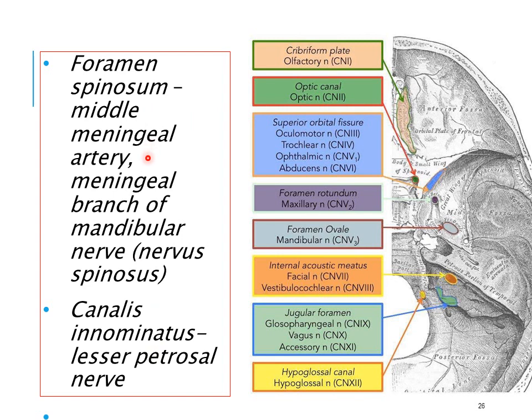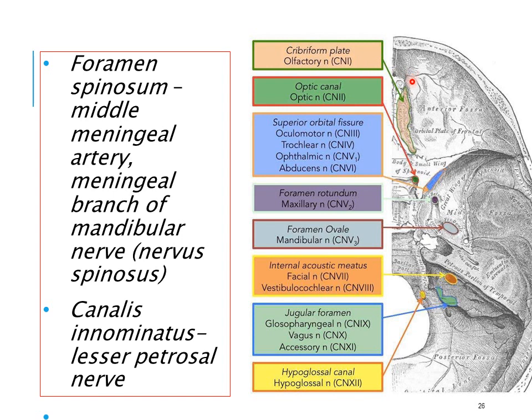Two structures: middle meningeal artery and meningeal branch of mandibular nerve, also known as the nervus spinosus, pass through the foramen spinosum. Look, this is the small foramen. This is foramen spinosum actually. Okay, this is foramen ovale. So you can see here, this is actually the interior of the skull. Outside also, if you see from the norma basalis, you make out these foramina. When you pass a probe from inside, you see outside the probe is coming, and the foramina located in the norma basalis lead into the interior of the skull.